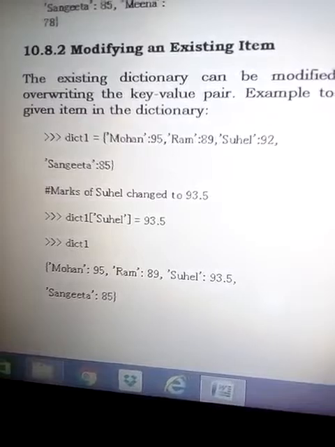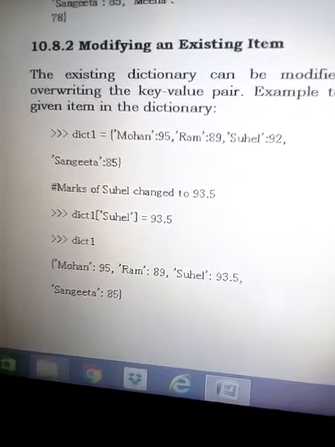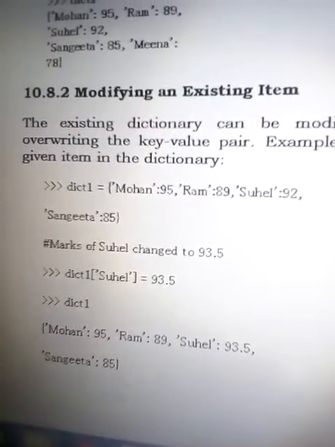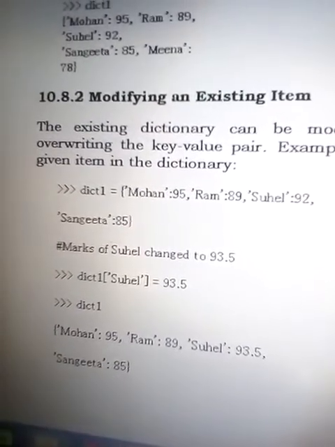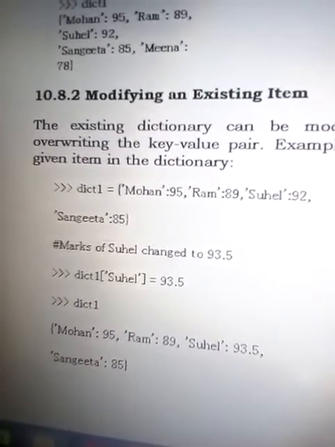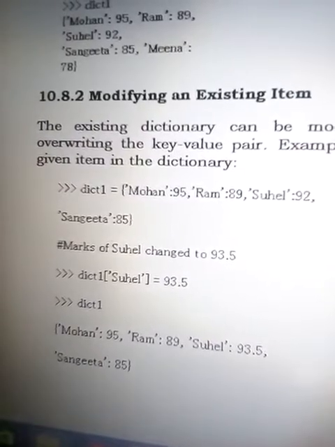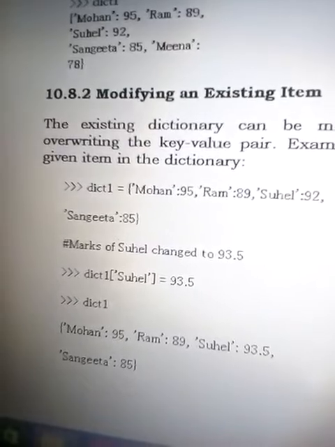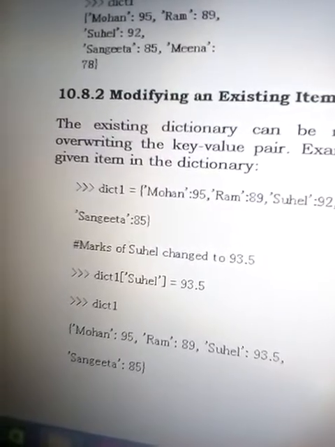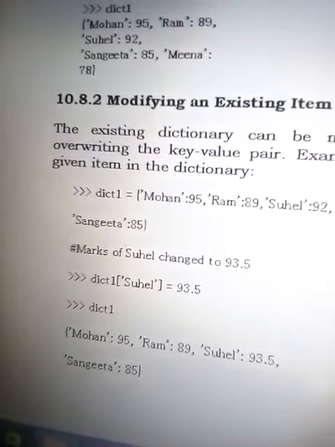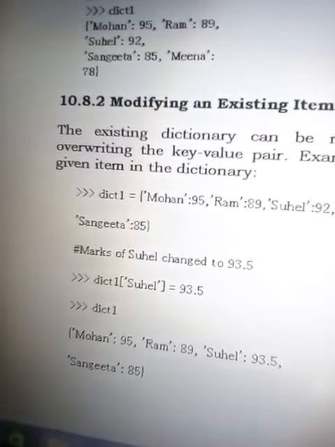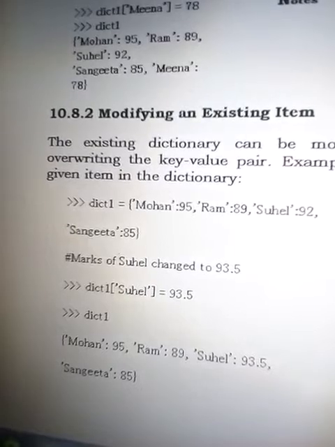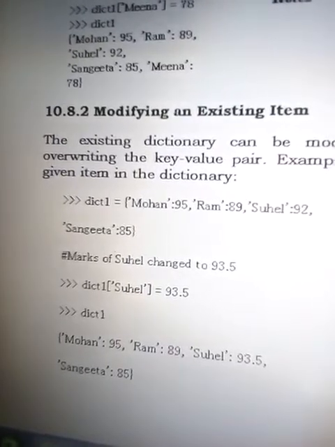Now if we want to change the value of Suhail, we write dict 1 of Suhail in indexing. Now the new value we are assigning here is 93.5. Firstly, it was 92. Now if we print dict 1, the values will be represented here: Mohan 95, Ram 89, and Suhail is changed now to 93.5, because it was 92 first.